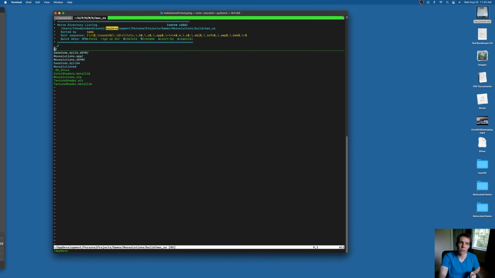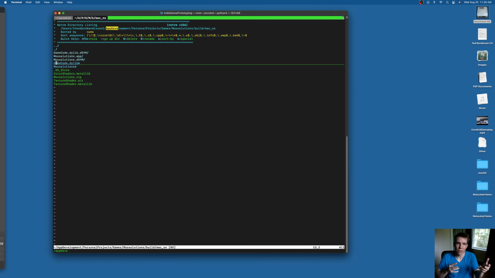So it's got the full Moose Solutions app, debugging information, and the dynamic library for the game code. We may end up going that route, but I actually don't think we're going to do dynamic code loading for this project. The reason is, A, I've already covered that in my other one, B, Casey does a great job of talking about it, and C, we want to get to a quick prototype. We'll talk about what some of this stuff means, but basically there's a way that you can